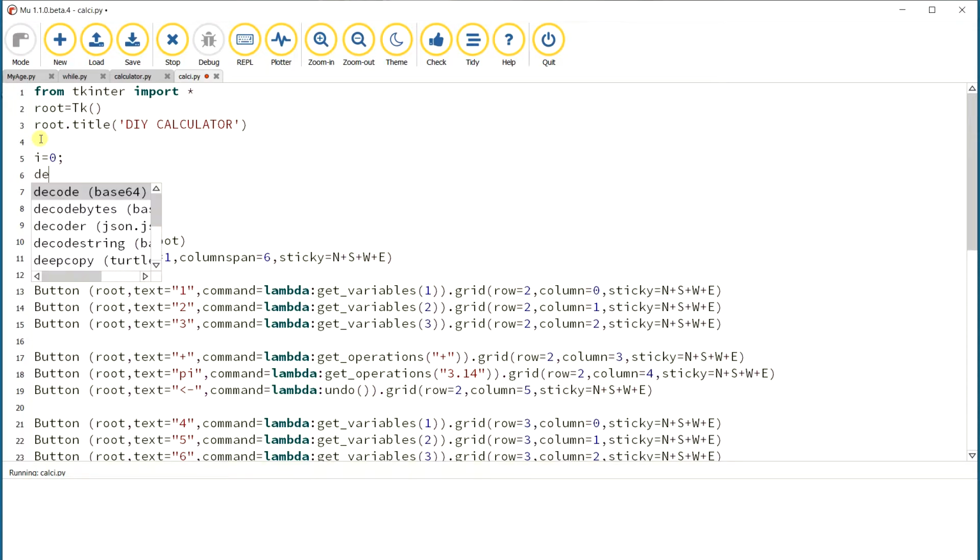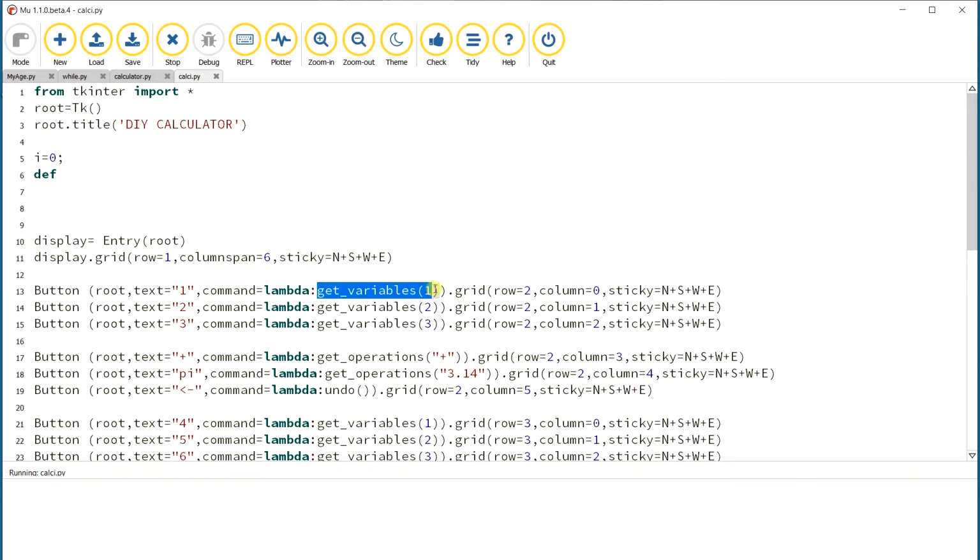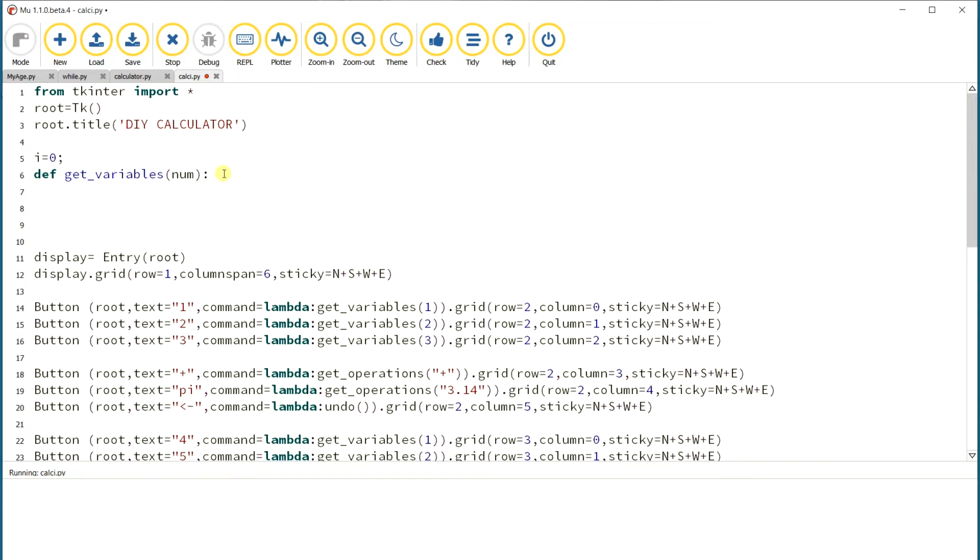So first we are going to write the get variable function. For that we are going to define it, we are defining the function here. Instead of 1, num will be our parameter. Whenever you define anything, it should end with a colon symbol. These are some syntax rules. And then we declare global i. This is taking i globally, so that it communicates with this i.